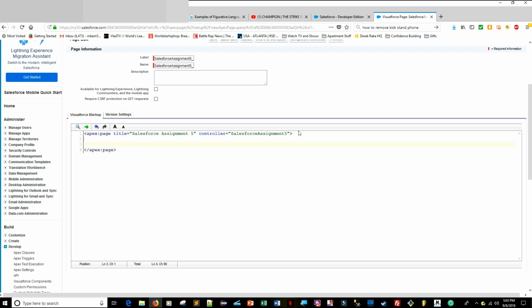Apex page. And now inside of here, we're going to need our form, apex form,